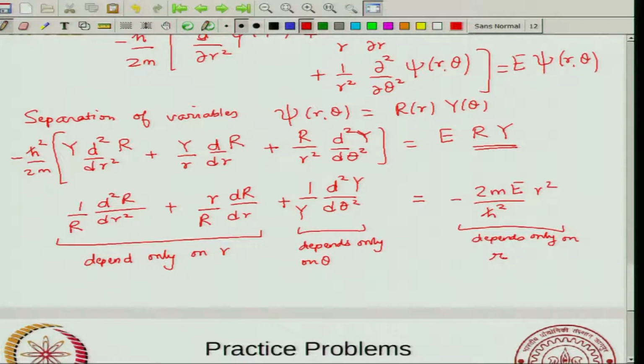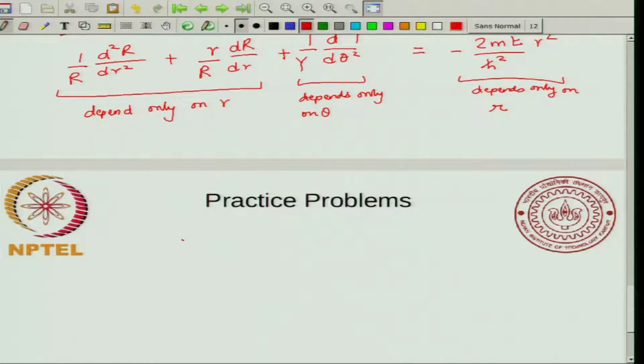Okay. So, that means this theta dependence has to be a constant, because if it is a function of theta, then the right hand side is not a function of theta, and the left hand side cannot be a function of theta. So, this has to be a constant. So, that means you immediately get d square y by d theta square into 1 by y equal to constant. And we have seen this earlier, when we were dealing with